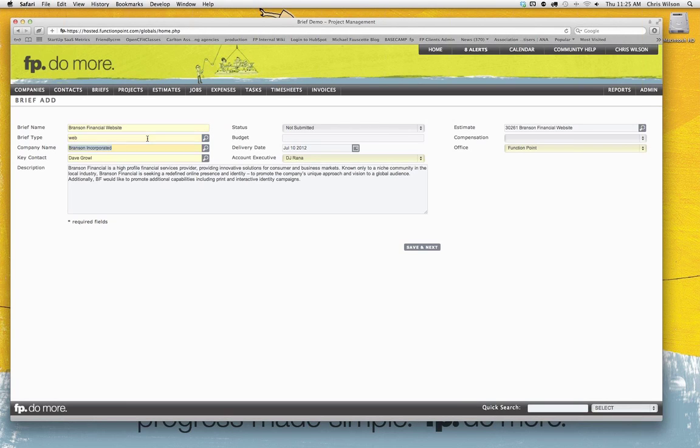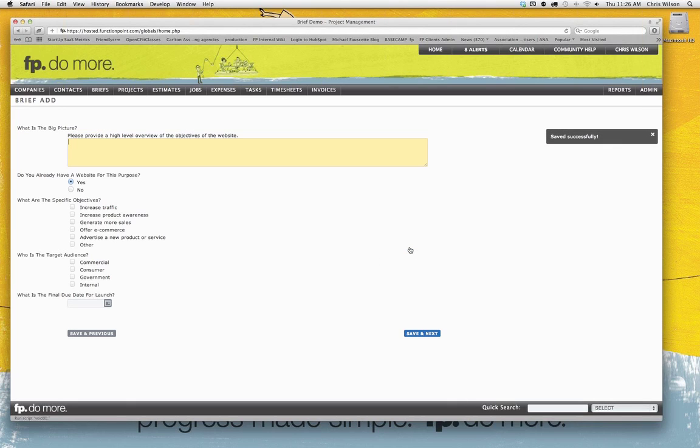I can just type in, say, web, and it will find the brief that's associated with websites. The information has come over regarding the descriptions and such. And of course, in this situation, the budgets perhaps are not being pulled in directly because the estimate's already been done. So we're not trying to give a clue or insight into the customer's propensity to spend dollars at this time. We're really focused on the creative side. I can select Save and Next, and that'll drop us into the first page of the brief for a website.